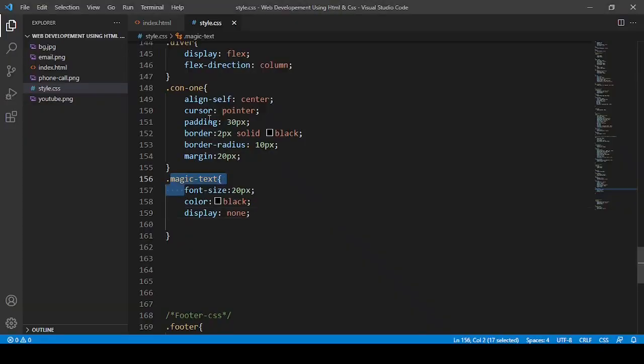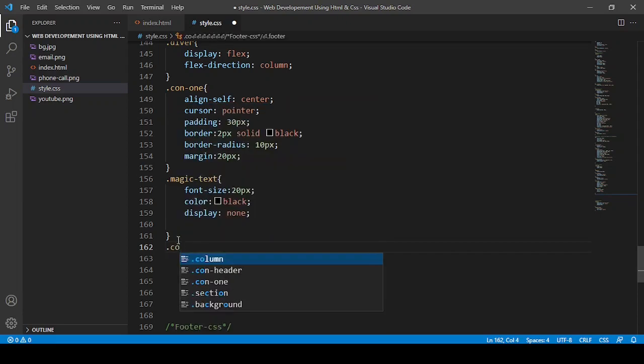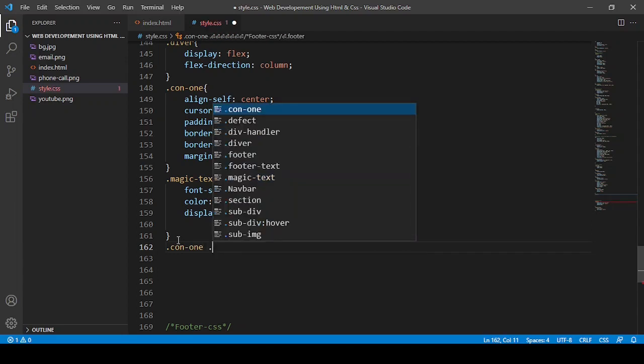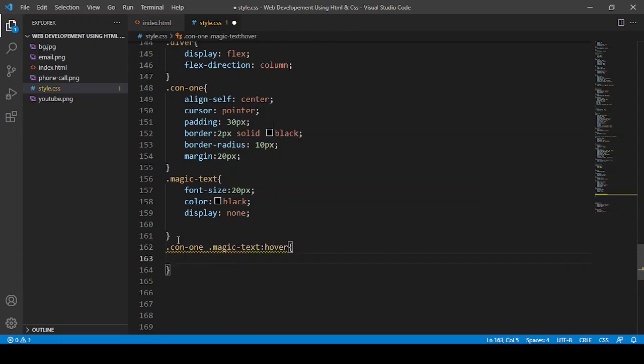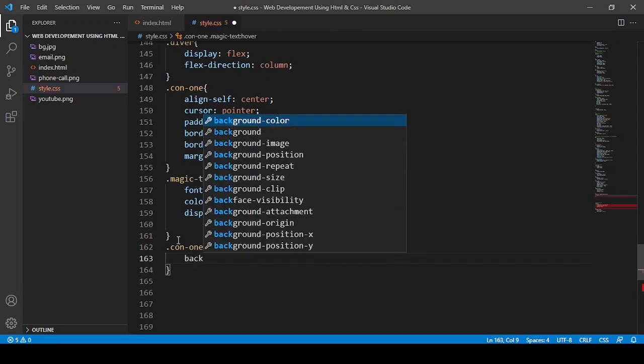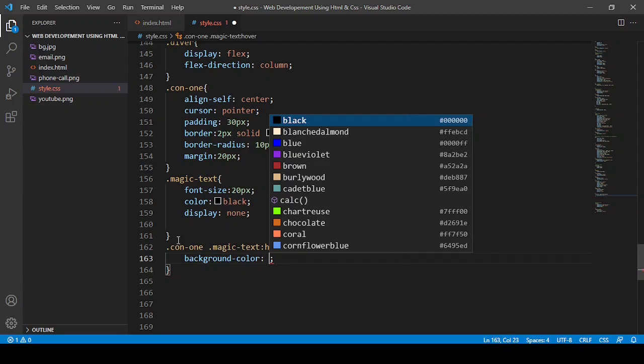So what I can do is, when I just hover this dot con-1 and this dot magic text hover, then I should say first of all this background color to be changed to something in red.